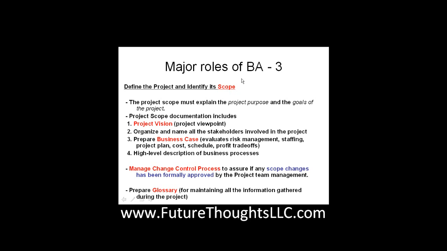This is the process where we assure that if there is any scope change, it has been formally approved or not, and how to go back to the project management team and get approval, and then how to make all those changes. So usually in the 5th or 6th session, which is the second last or last session, we will go into the details of this whole change control process and see how this whole process works.